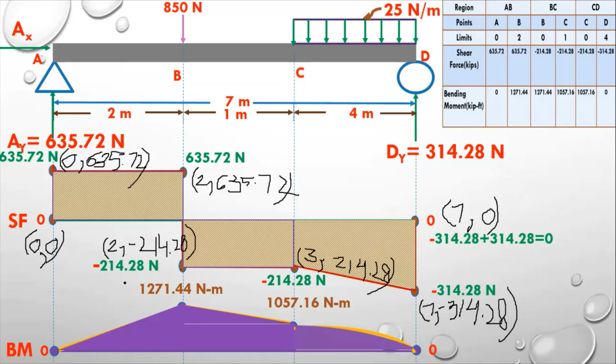Now we have to write these values for the bending moment also. So 0 comma 0 is the first value.